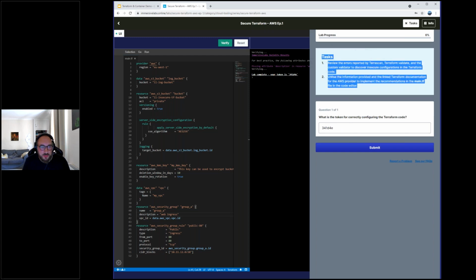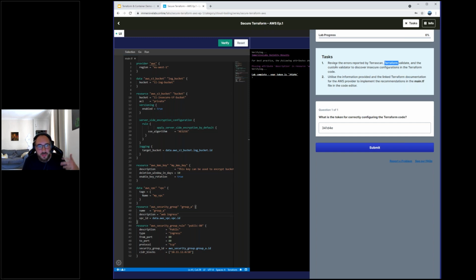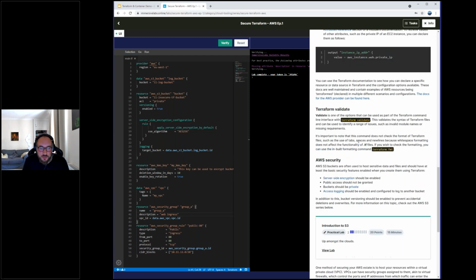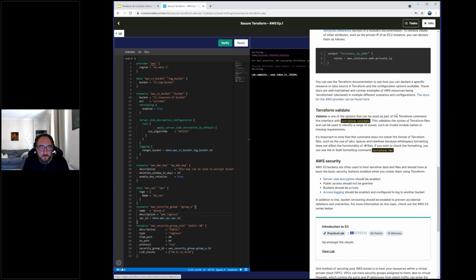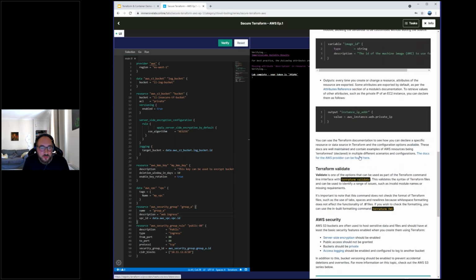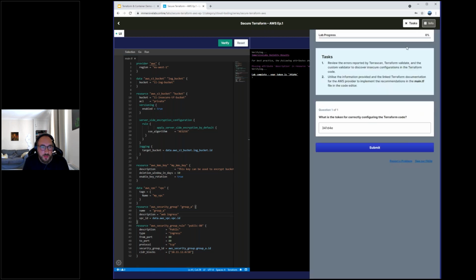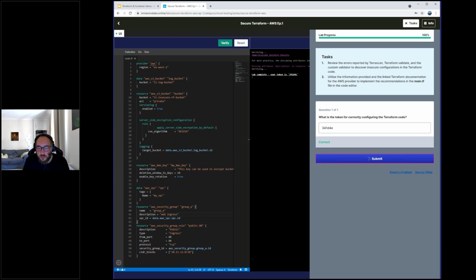The task panel does explain what you need to do. So it does say, review the errors reported by Terrascan, Terraform validate, and our custom validator to discover insecure configurations in the Terraform code, and then utilize the information provided and the linked Terraform documentation for the AWS provider. So it's probably something I should have mentioned, that you can go to the docs here, which will explain all of that. So if we submit that,